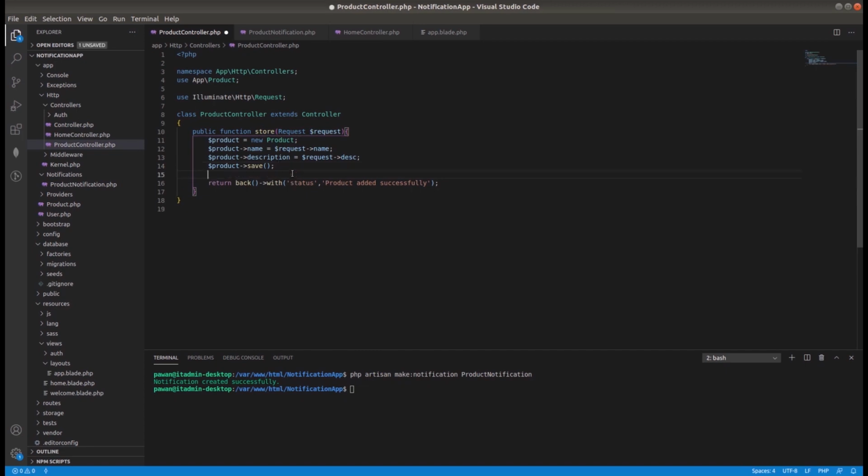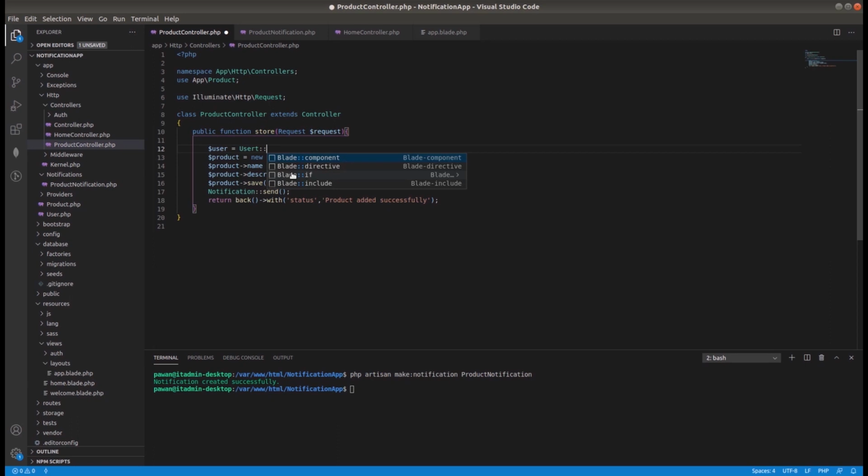After creating this product, we will call this notification and it will send a notification to all the users. So there will be two parameters, the user, which will get all the users from the database, and we will pass this user variable to the ProductNotification.